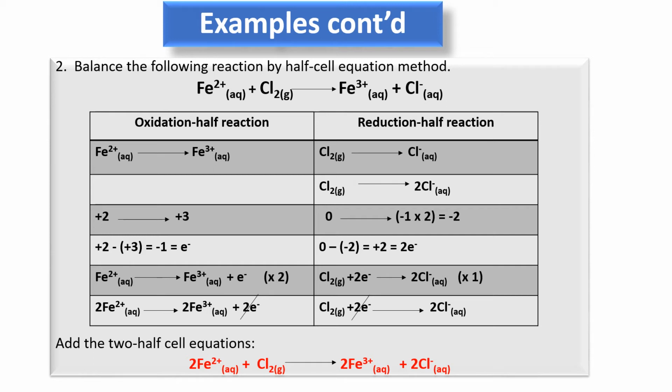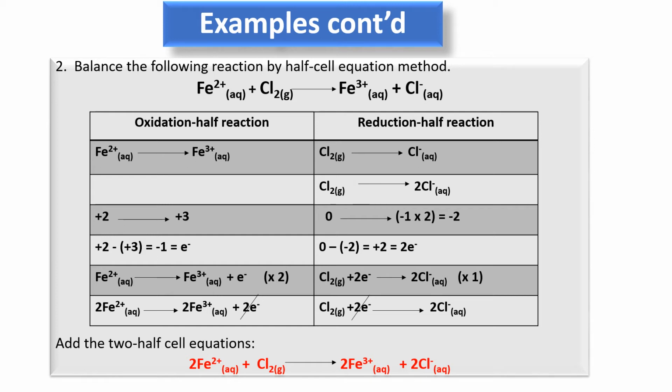oxidation reaction. Each time there is an increase in oxidation number of an ion or of an element in an ionic equation, that is an indication that an oxidation reaction has taken place. And that is why Fe2 plus forming Fe3 plus was posted here as the oxidation reaction. So what then happened? Chlorine gas, that's Cl2,